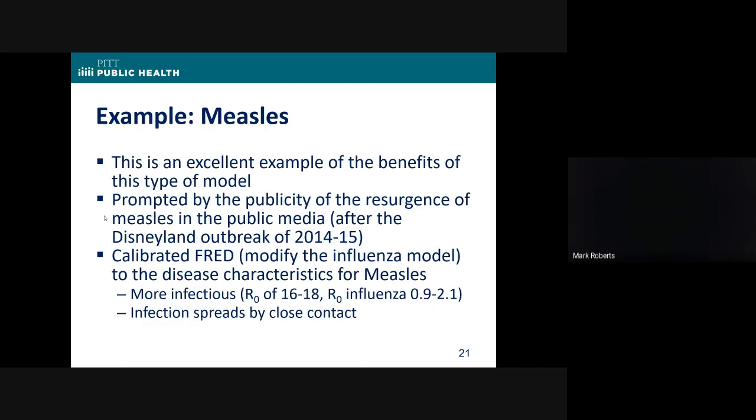The way you describe the infectiousness of a disease agent is by what's called its R naught, or its basic reproductive number, which is, on average, if you had a population that had no immunity to a disease and you dropped a case of that disease into that community with no immunity and no protection, how many people would that person be expected to infect on average? And measles is one of the most infectious diseases there are. It has an R naught of 16 to 18. Regular human influenza has an R naught of only 0.9 to 2.1, so it's markedly less infectious.